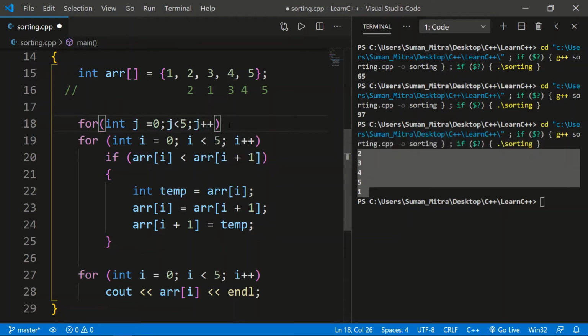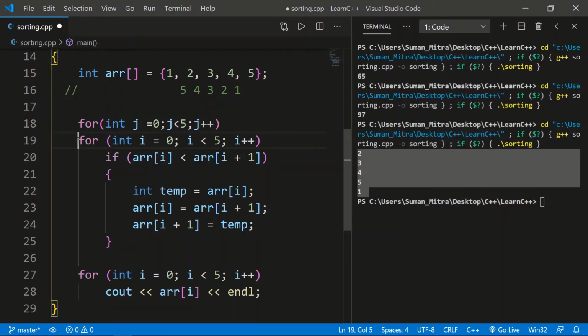Okay, what this will do, first this loop will run for j equals 0. For j equals 0, this will be performed. Again after this, for j equals 1, again this will be performed. Means this will keep going. It will be jumbling again and again till it gets the desired value and we can't change it. Suppose if it becomes like 5 4 3 2 1, now we can't change it because 5 is greater than 4, so there will be no change in position. 4 is greater than 3, yes, no change in position. 3 is greater than 2, no change in position, and similarly everything will work.